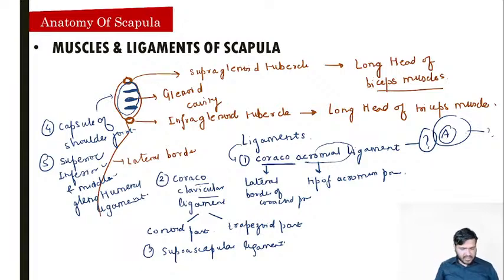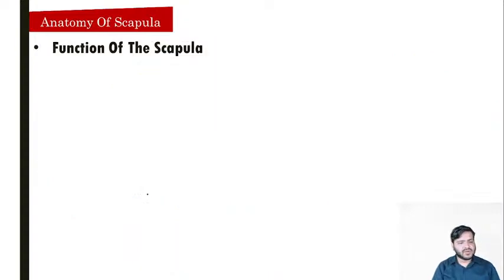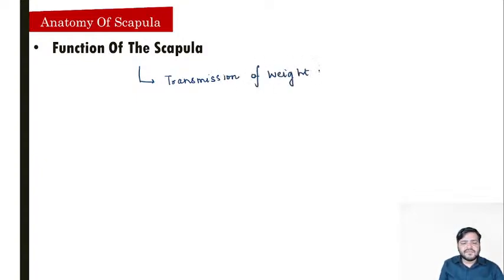Now guys, coming on to one more aspect over here that I wanted to discuss, what are the functions of the scapula. So remember that the function that is performed by the scapula, just write in 1-2 points, that it's involved in the transmission of weight of the upper limb to the clavicle,